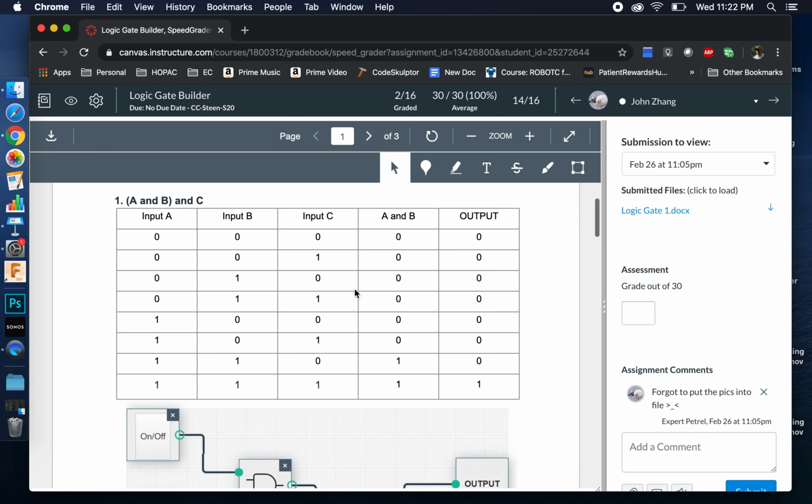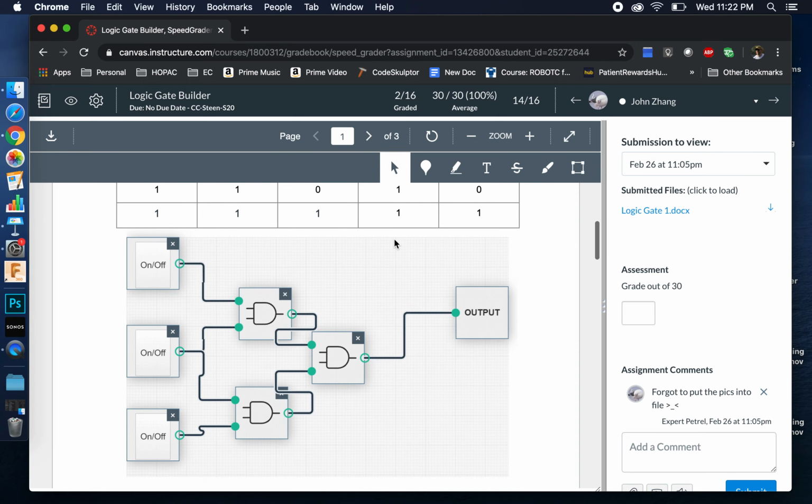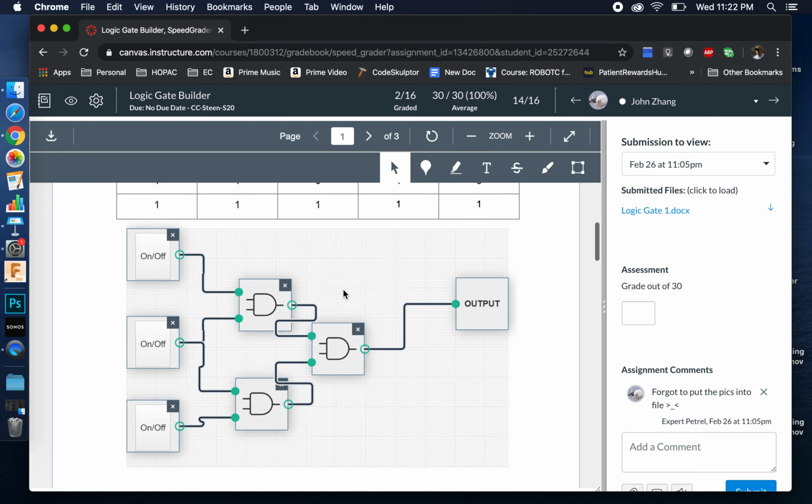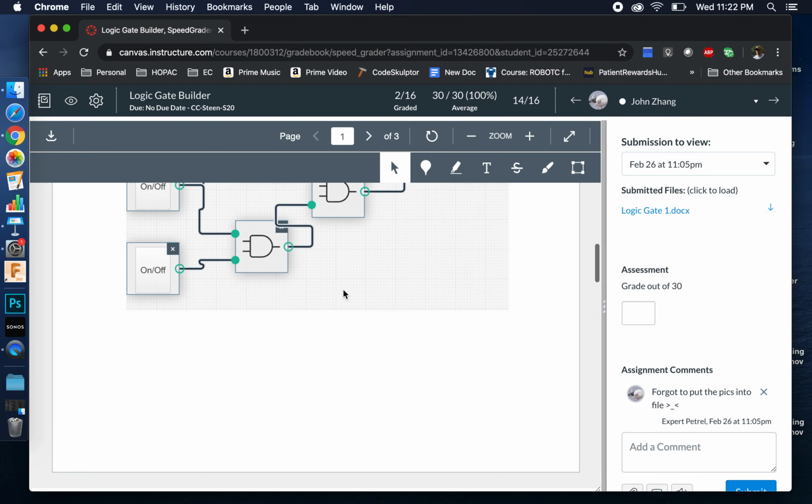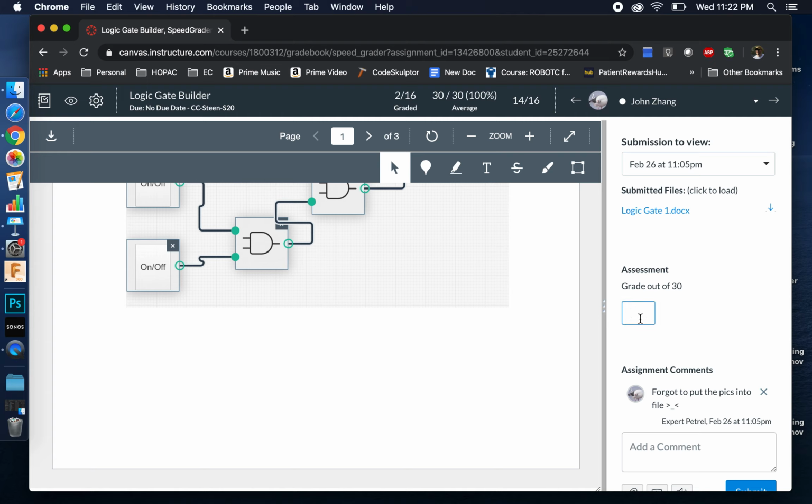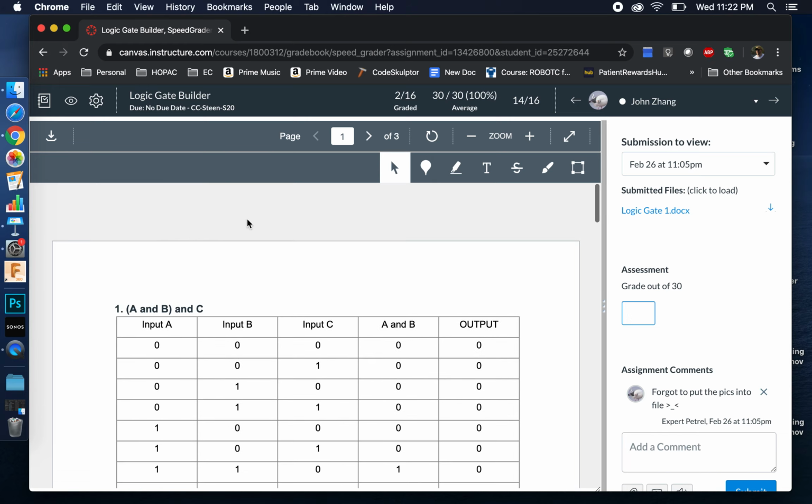Of course, this probably doesn't make any sense to anybody else, but he did a good job doing his logic gates and making these nice pictures in his logic gates. And so I would check this based on what I expect it to be and give it a grade right here. And that's what I think is called the speed grader. I'm going to show you one other way to do that,